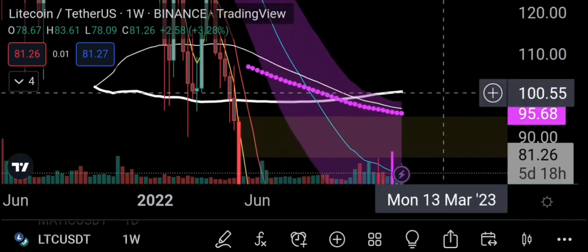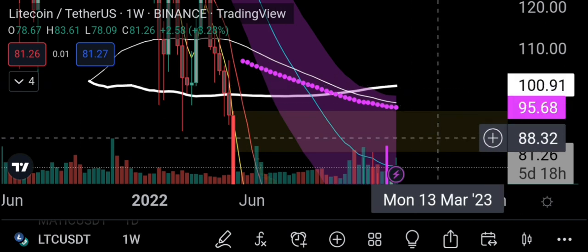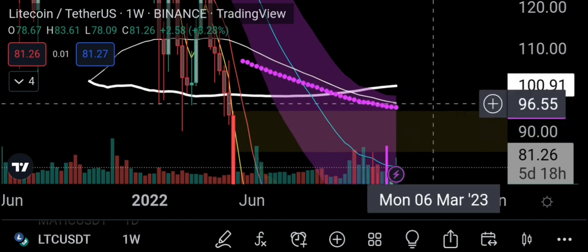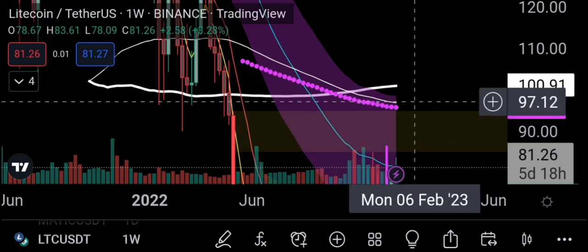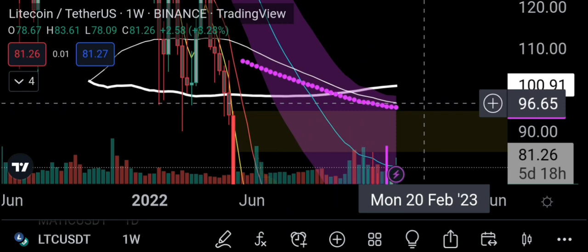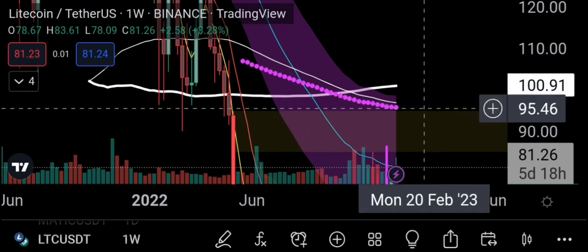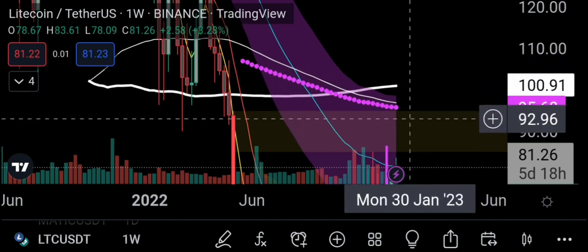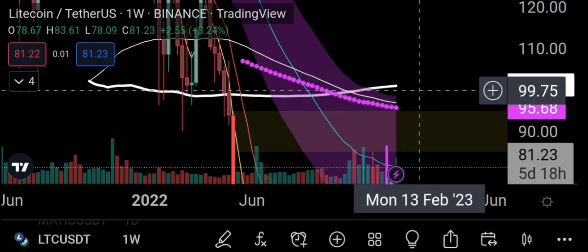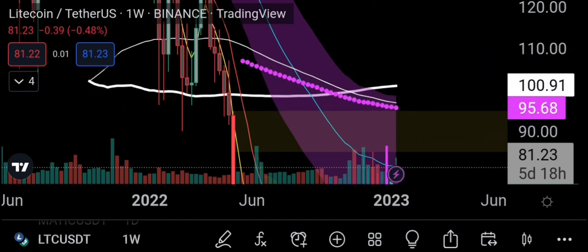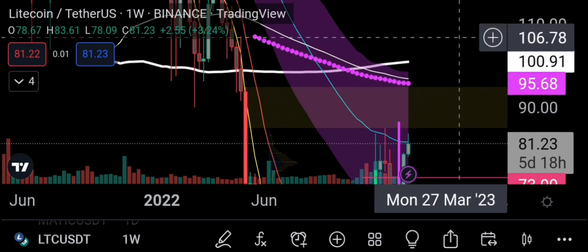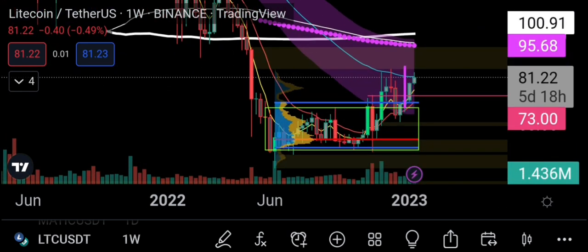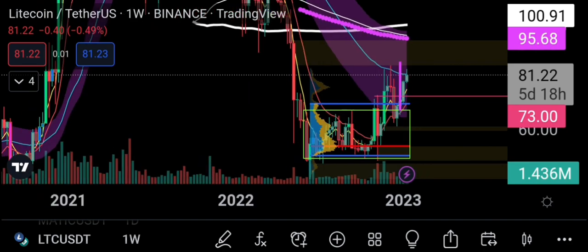The thick white one is the 200 simple moving average that comes at around 100.91. The pink one comes at around 95. And the thin white one is a 200 EMA that comes at around 96. So it will be interesting for Litecoin to come here. We have fib extensions and fib retracements and these moving averages along with horizontal support and resistance around 95. This zone will be a zone you need to keep in mind between $95 and $100 for Litecoin, if and when we get there. Those are targets for the upside.